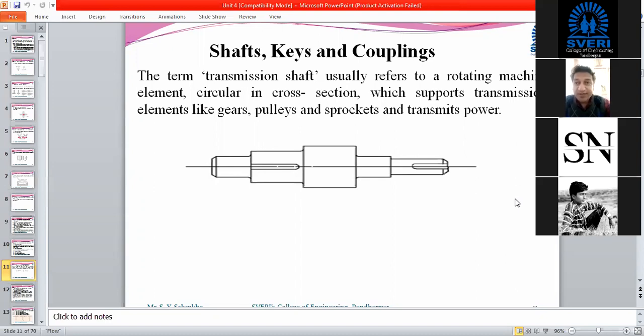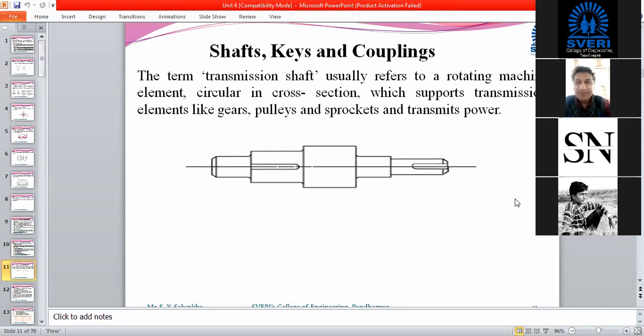So while designing a shaft, we have to use the theory which will provide us safety against shear.